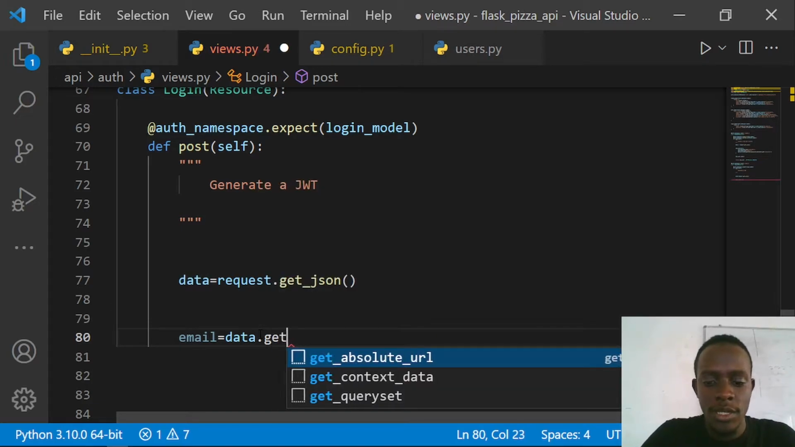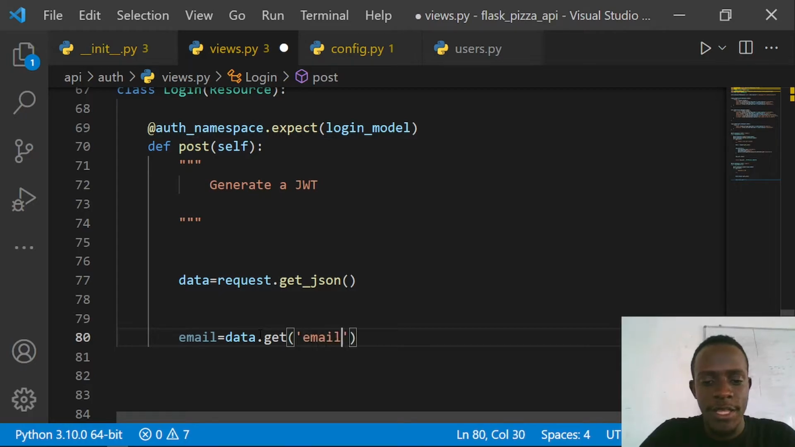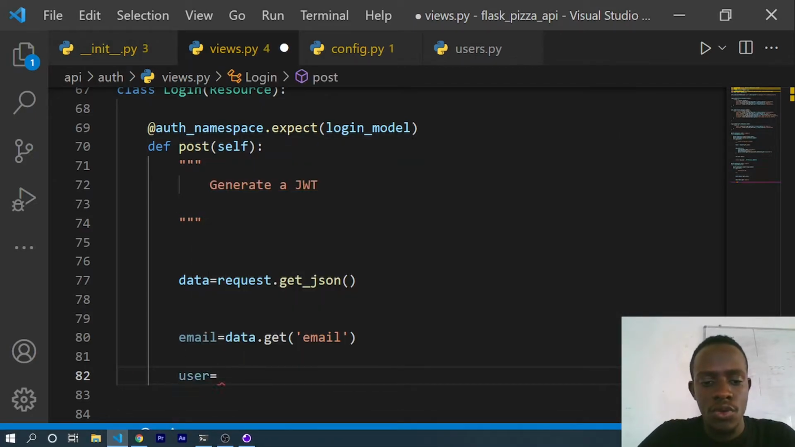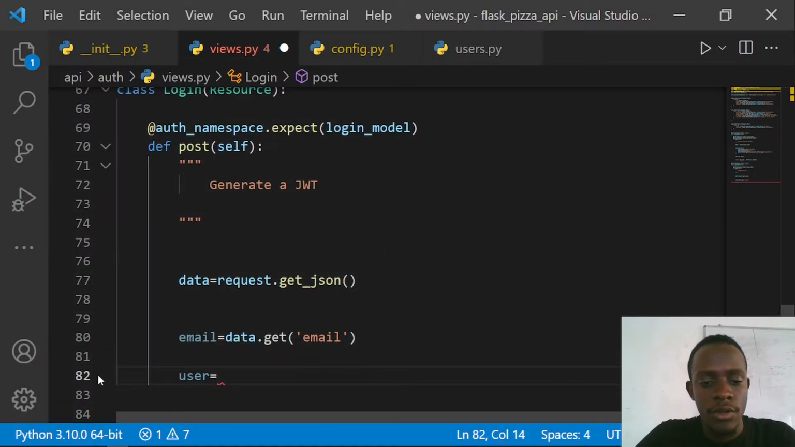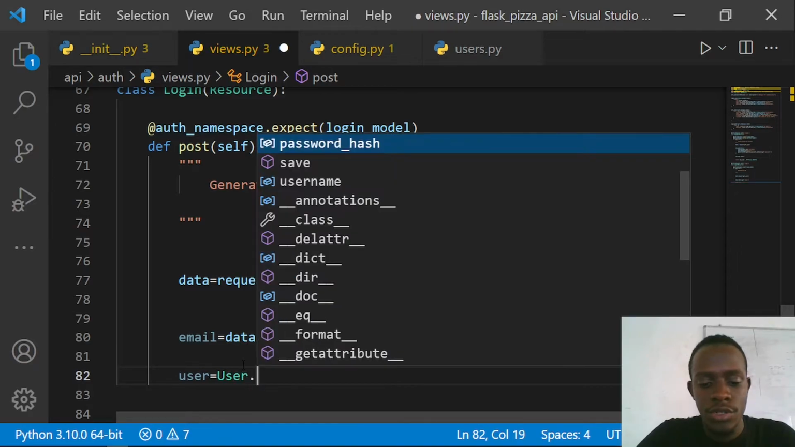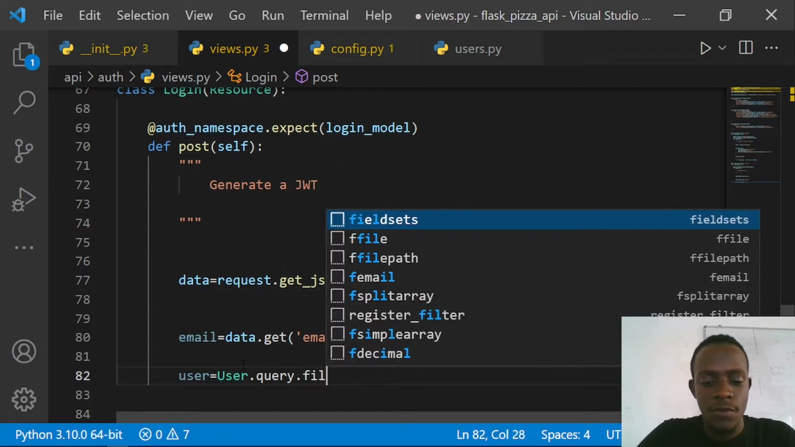So it's going to be data.get, and then we shall specify that this is going to be our email. Now, right after doing that, we are going to query if the user exists with that email. So we're going to say user is going to be equal to, so actually close that. So this is going to be our user. So I'll say user.query. So we're going to use .filter_by,